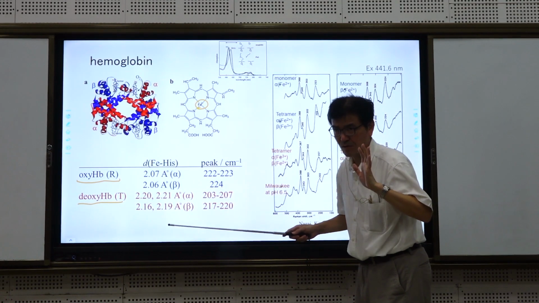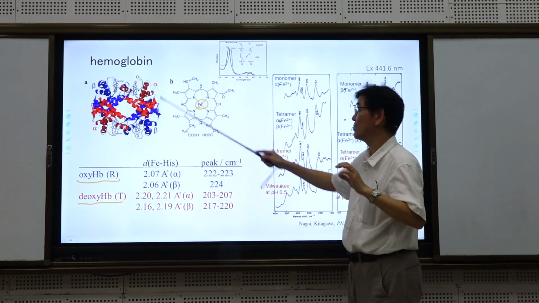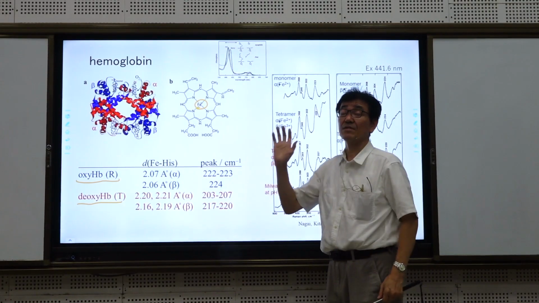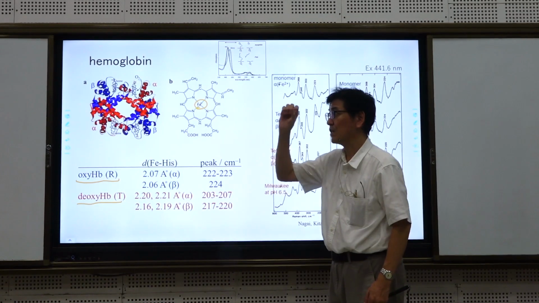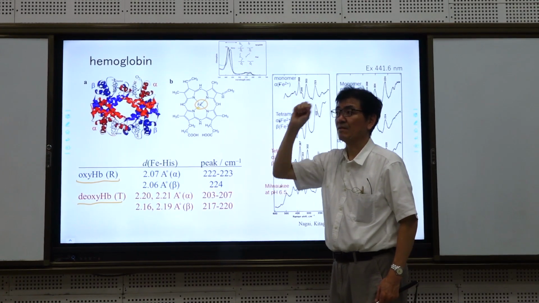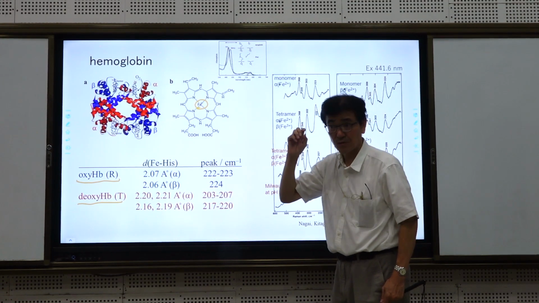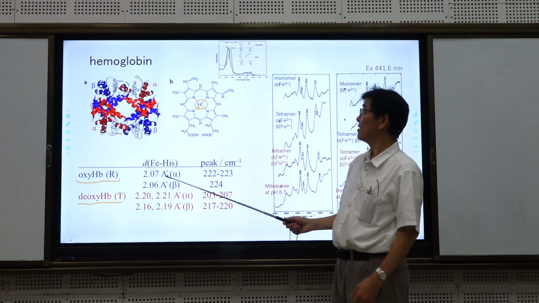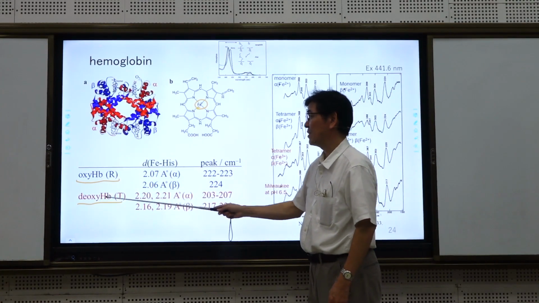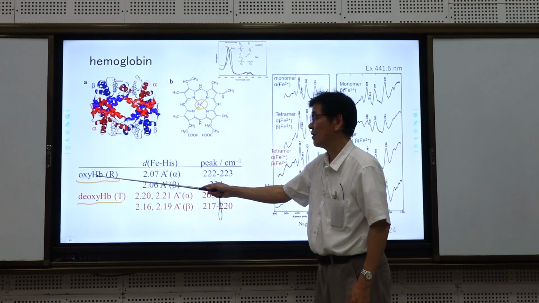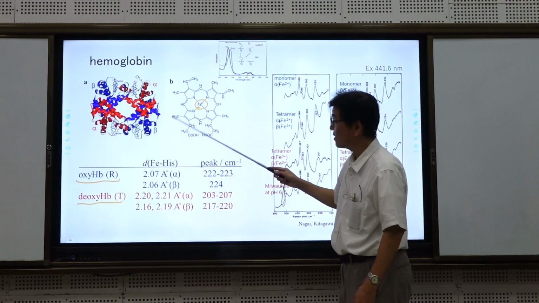X-ray crystallography is a powerful method to determine the X, Y, Z coordinates of each atom. So if they can prepare a crystal and apply X-ray crystallography, it's possible to determine the geometrical structure of the protein. Then, based on X-ray crystallography, in the oxyhemoglobin, reduced state, R state,